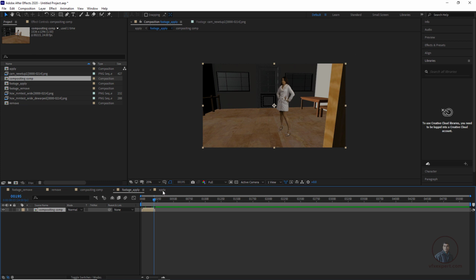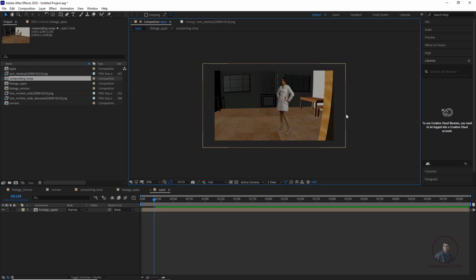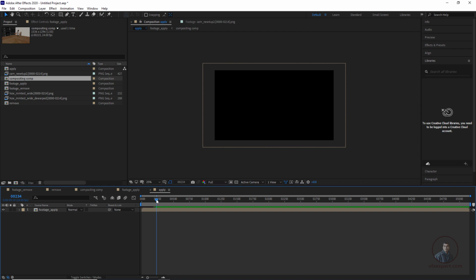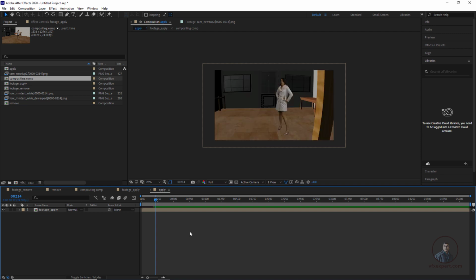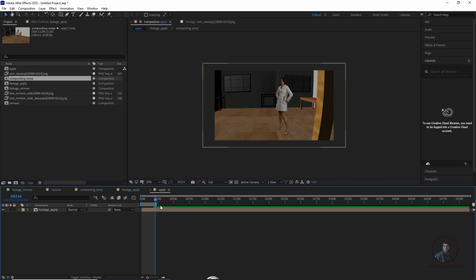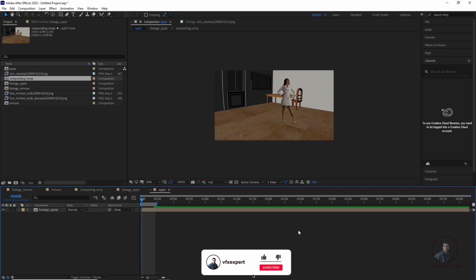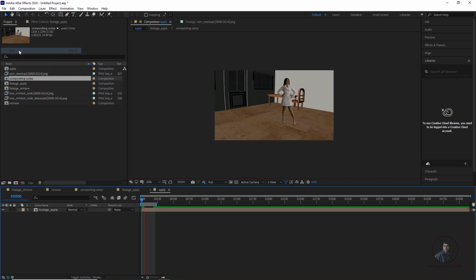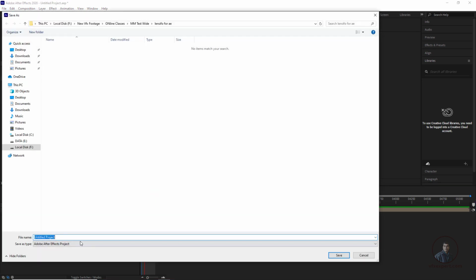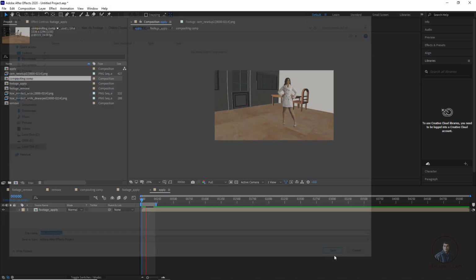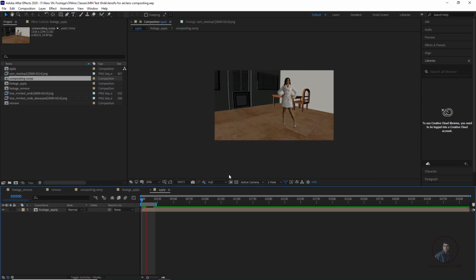Now if you come inside this apply composition, you will automatically get our final compositing with all distortion. Now press N here, and this will automatically trim your work. If you play now, we will get our final compositing with all distortion. First save our final project: click on File, click on Save and give a name. Now play and check here.